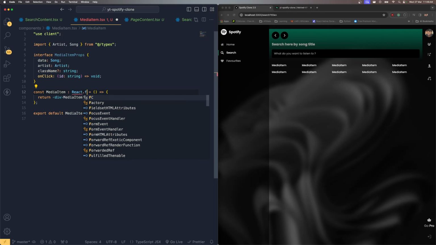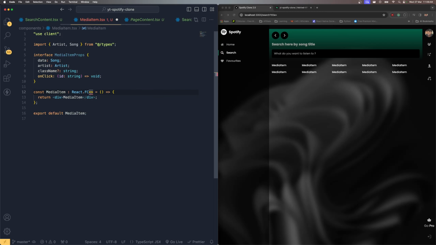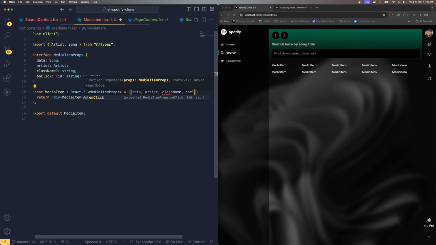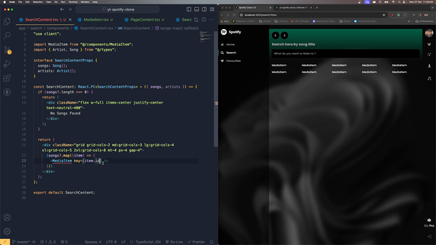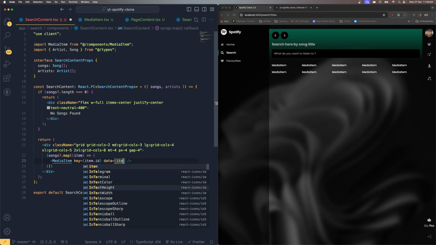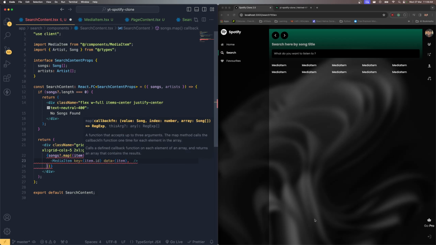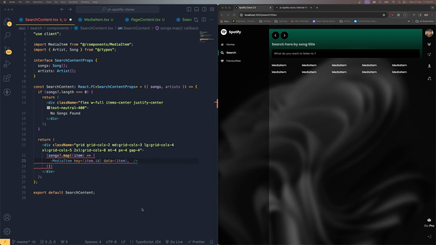So react.fc, which is going to be the media item props, and inside here let's get the data, artist, class name, and on click. These are the properties. Save these changes and let's go up over here. Now let's apply the data. So for the data, I'm going to supply the item, and for artist, now for the artist, what I have to do is